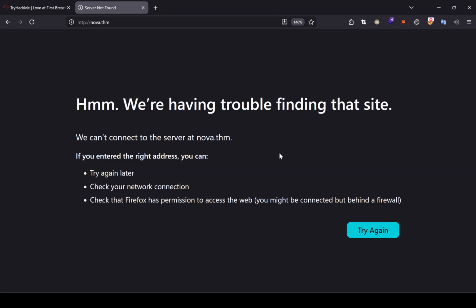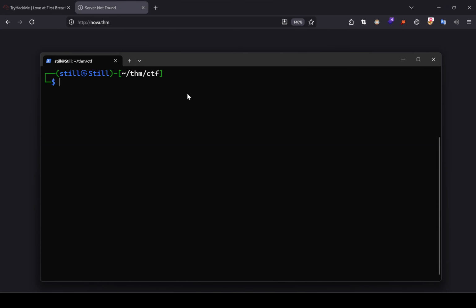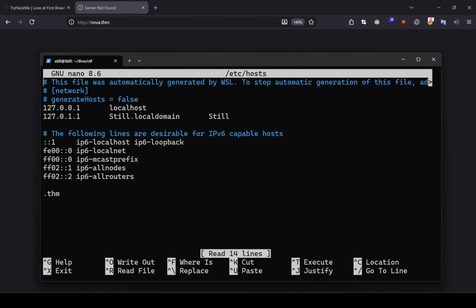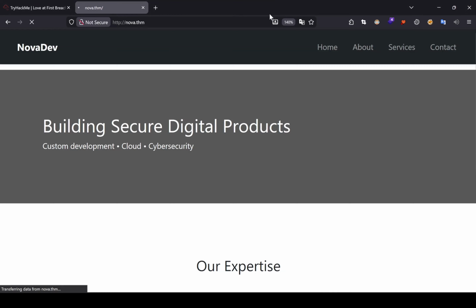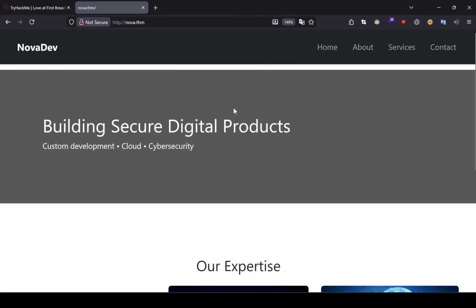as well as on the Windows host, because I'm on a Windows machine and I can access Linux in my WSL, because I have Linux installed in the WSL. So I have to add this entry both in my Linux system as well as inside the Windows system. On Linux, I'm going into /etc/hosts and adding this entry real quick, and I'm going to do the same on Windows. So I have added the entry on both systems, and if we refresh the page,